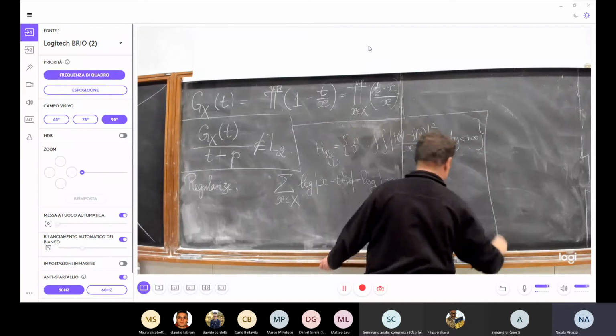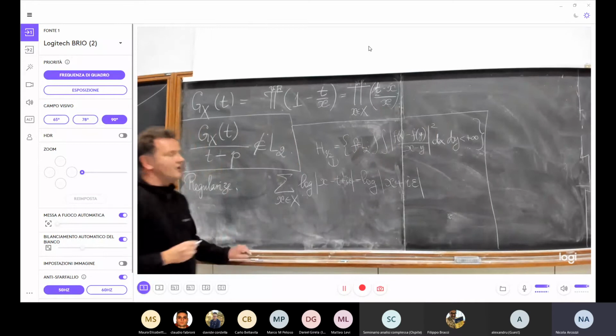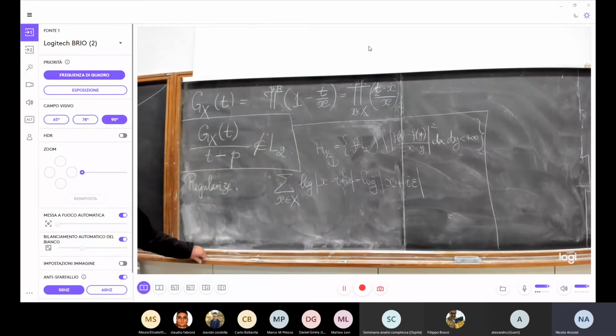So this is my space, FNL2. So space of functions with half a derivative. The integral that is written here is nothing but, of course, the inner product of the function and the Hilbert transform of the derivative. So it is in fact 1/2 the derivative. So this regularized function is what I would consider.